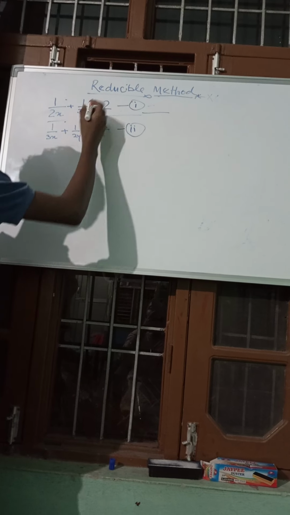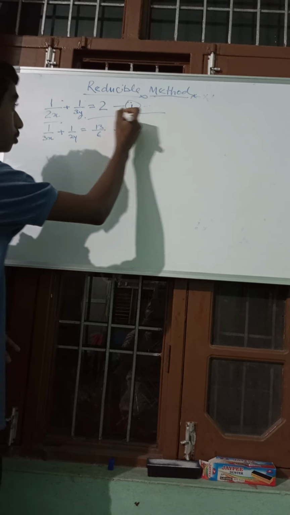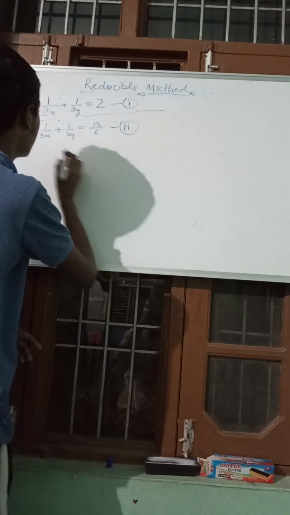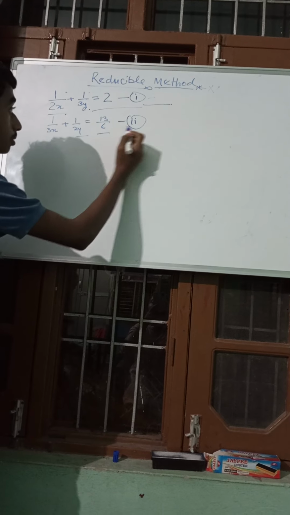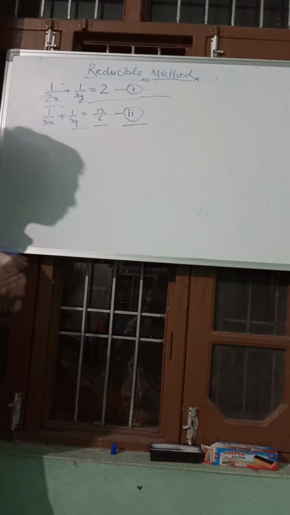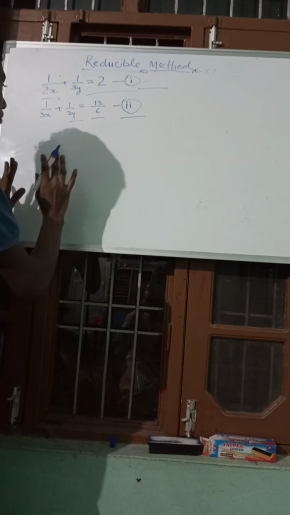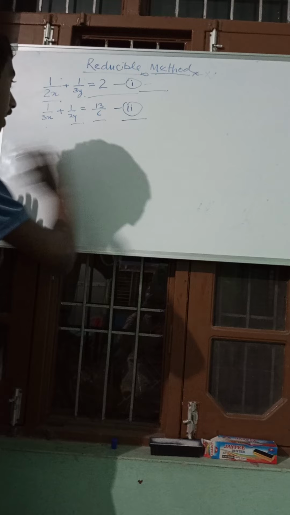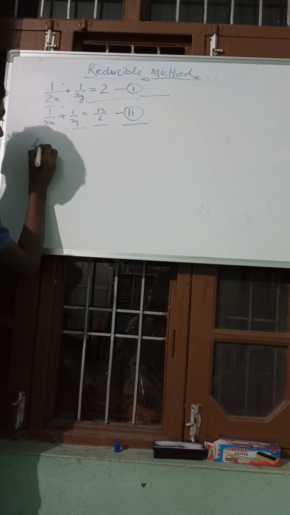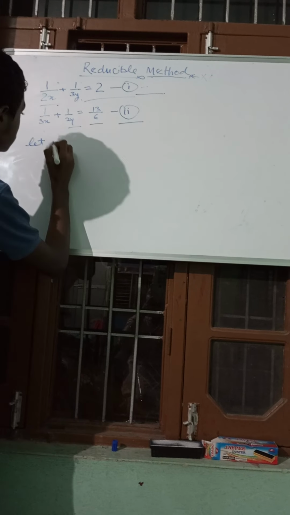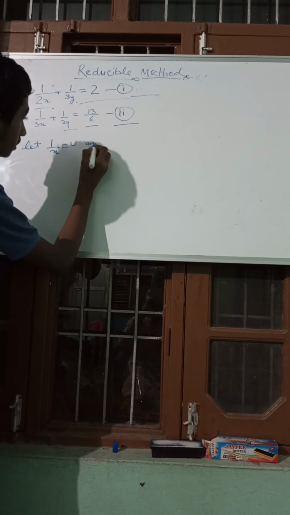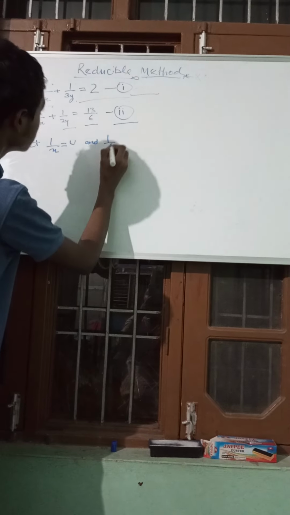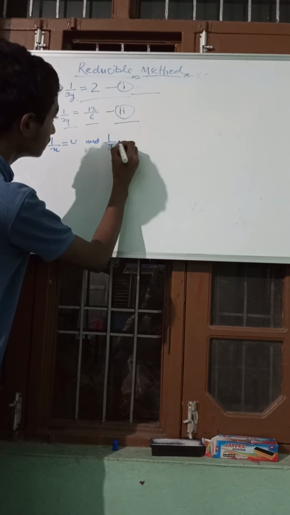are 1 upon 2x plus 1 upon 3y is equal to 2, which is our first equation, and 1 upon 3x plus 1 upon 2y is equal to 13 upon 6, our second equation. I have taken this, and first we have to consider a line which is, let 1 upon x be equal to u, and second we have to consider 1 upon y is equal to v,